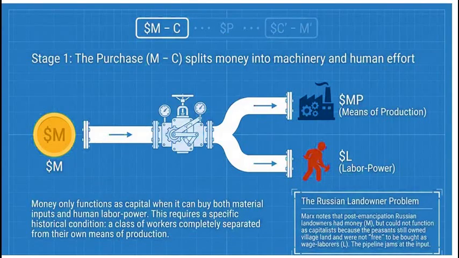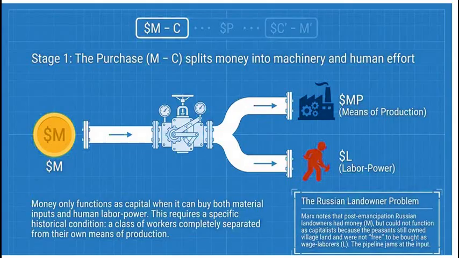Every cycle of capital has to start somewhere, right? And it starts in the marketplace. So the crucial point is right here at step 1, M to C. The capitalist advances a sum of money, that's our M, into the market to purchase commodities, C. But the capitalist isn't just buying random items like a TV or a sandwich for their own enjoyment. They are buying the highly specific ingredients required to make something new. To do this, that initial money splits into two very distinct purchases across two entirely different markets.